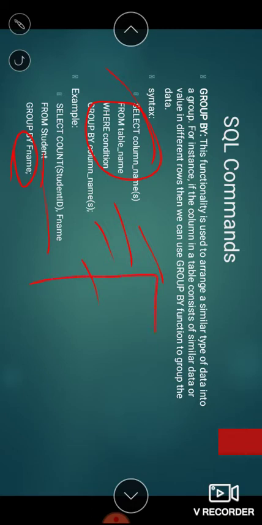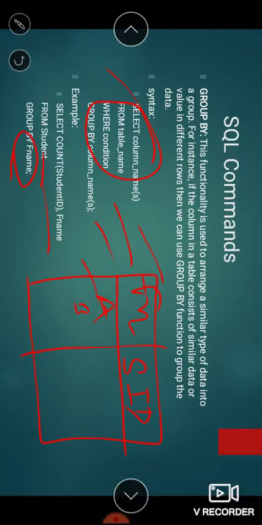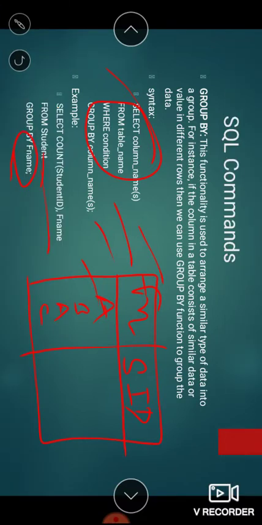Okay, we will take an example. See, this is F name and this is student ID. F name, let's suppose, is A, B, A, C, C, like this, and student ID is 1, 2, 3, 4, 5.